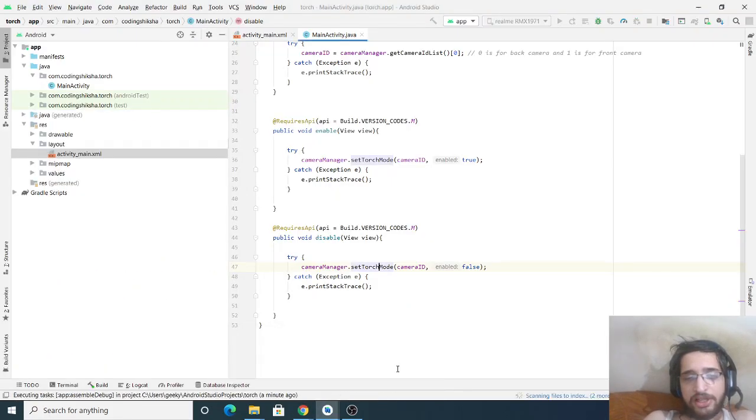So just wait, it is building. It will hardly take 30 to 40 seconds if you are building it for the very first time.